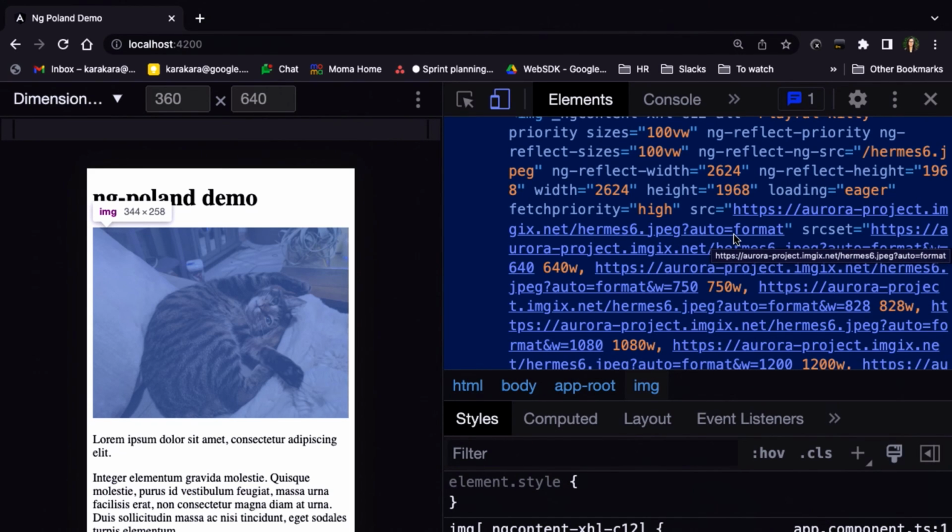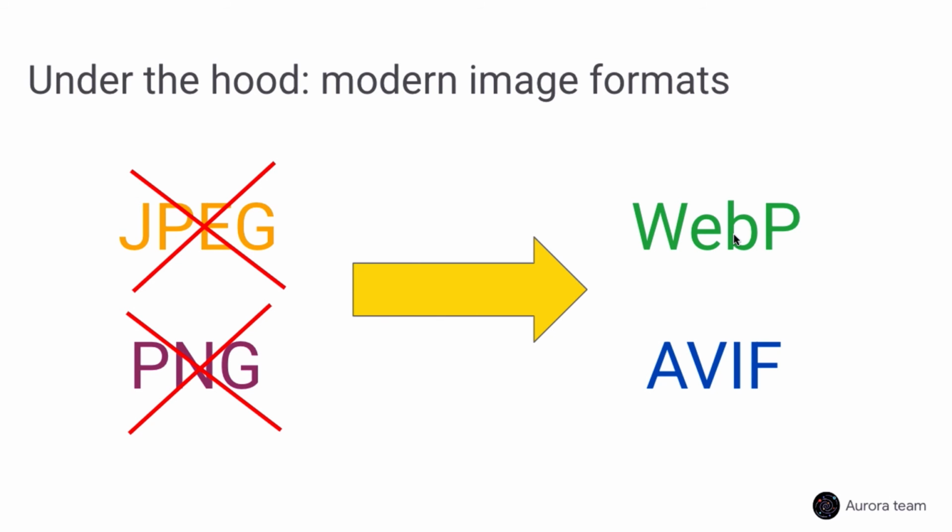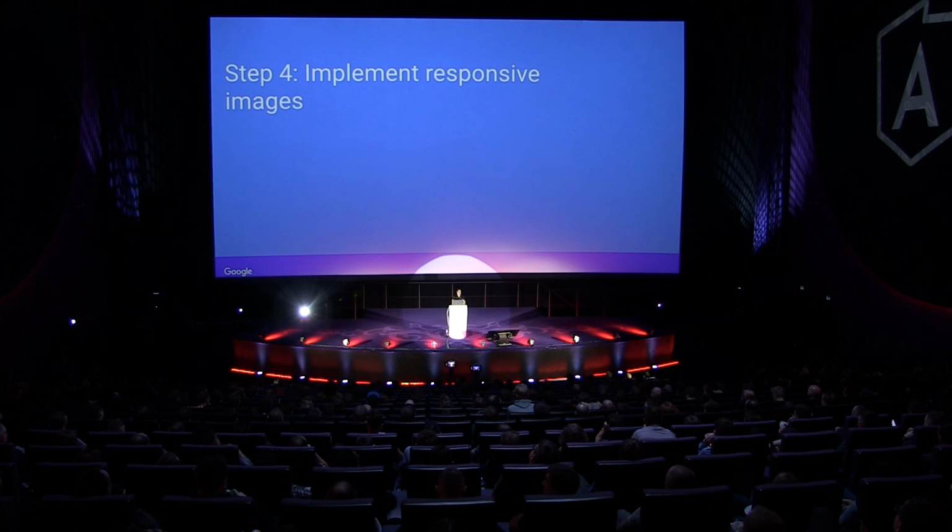And this is important because in ImageKit, what this does is it turns on a mode where it will request super modern image formats for browsers that support them. So even though we uploaded JPEGs, what we actually got in the browser was AVIFs, which tend to be 20%, 30% smaller. And the last thing we did was we implemented responsive images,